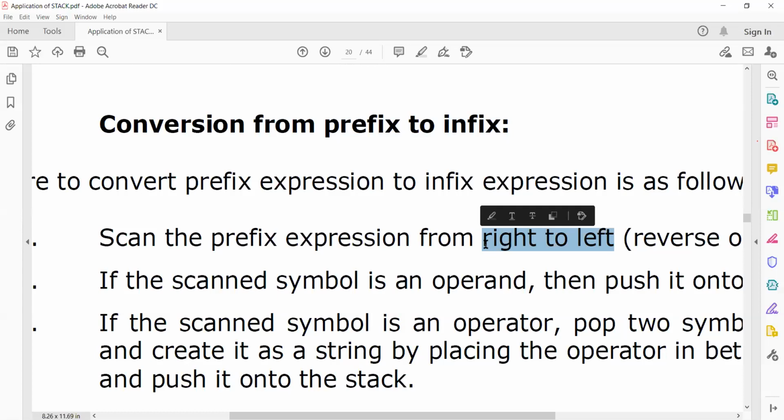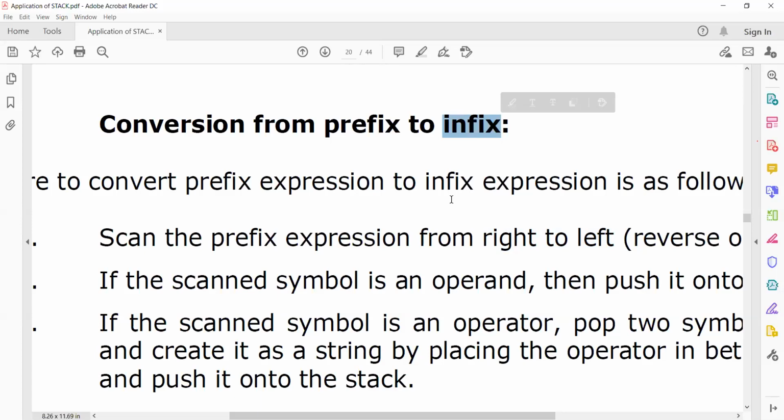You are going to do the same thing. When an operand comes, push it to the stack. When an operator comes, pop two items from the stack. If you are going to convert it to infix, make it a string by adding open parenthesis and close parenthesis. If you are going to convert prefix to postfix, instead of infix it is postfix.